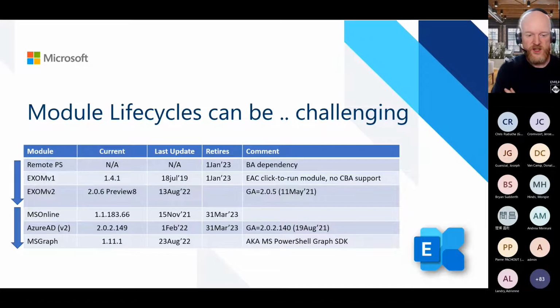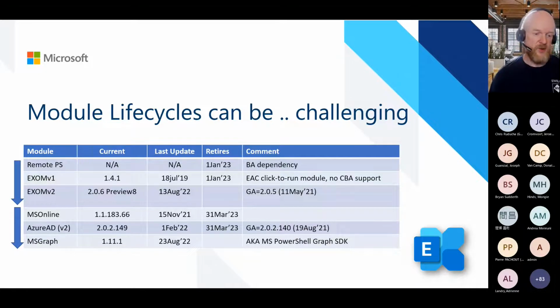But it's still actually in a preview. The same path, more or less, applies also to managing Azure Active Directory. In the beginning, there was only the MSOnline module, which had a very rich feature set. Then came the Azure AD v2 module. MSOnline is v1,